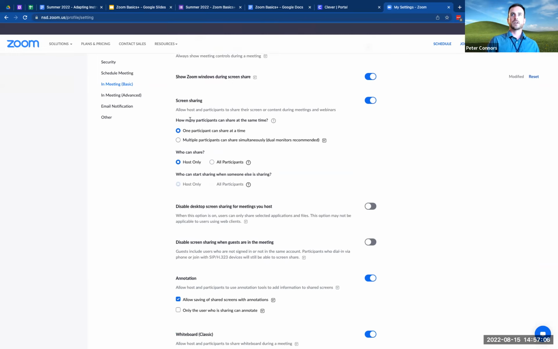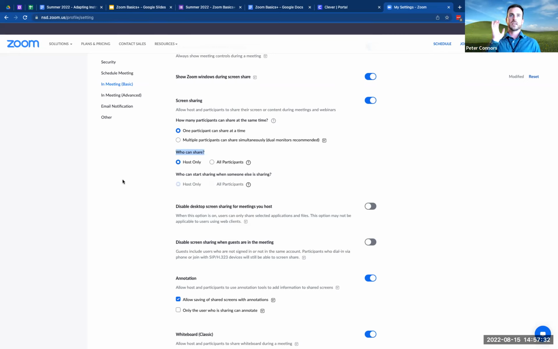When you screen share, you have a set of options here. I would definitely highlight this one for you, the who can share. And this is something that you can adjust in the meeting. If you're in the meeting and you go to the security tab, you can say, okay, participants can share or they can't.